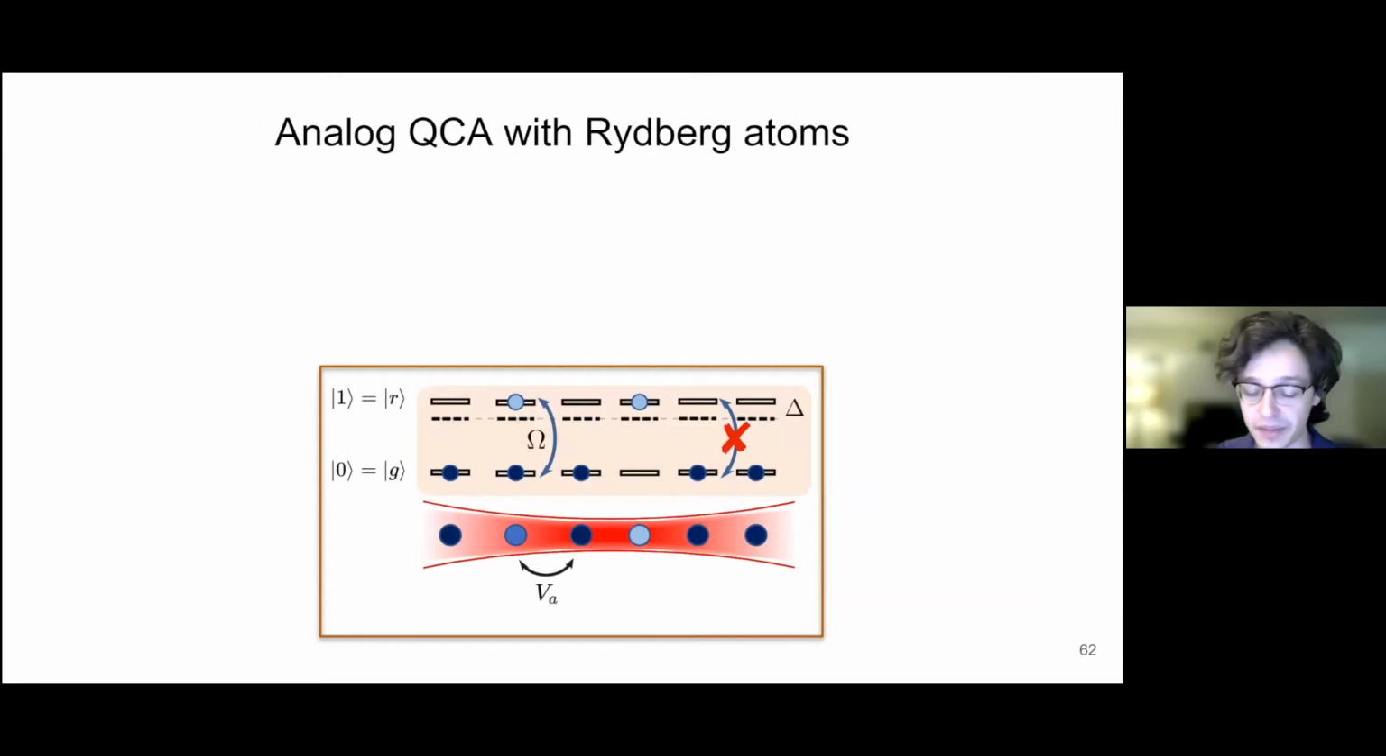And so another way we can think of generalizing these QCA is: is there a physical system which could simulate them somewhat naturally? We find that several of our Goldilocks rules can actually be simulated with Rydberg atoms. So this setup is roughly like this. The 0 state is some ground state of a Rydberg atom, say rubidium-87, which has a very highly excited Rydberg state